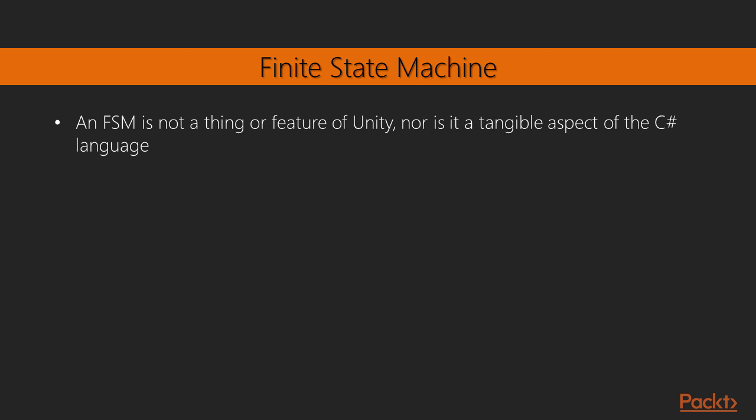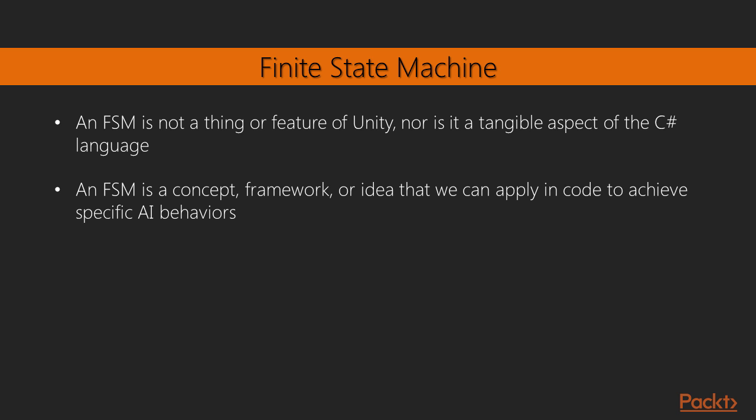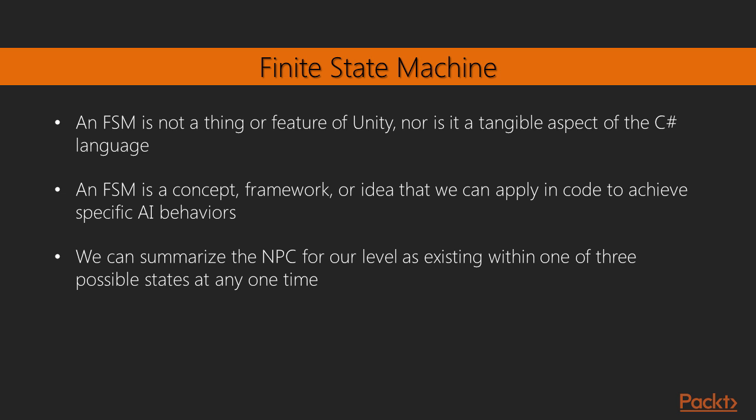An FSM is not a thing or feature of Unity, nor is it a tangible aspect of the C# language. Rather, an FSM is a concept, framework or idea that we can apply in code to achieve specific AI behaviors. It comes from a specific way of thinking about intelligent characters. Specifically, we can summarize the NPC for our level as existing within one of three possible states at any one